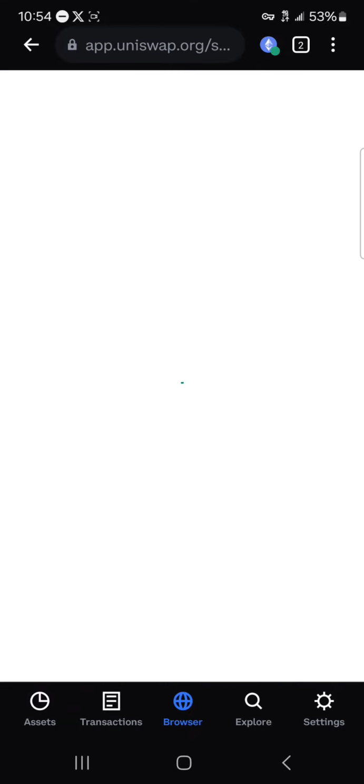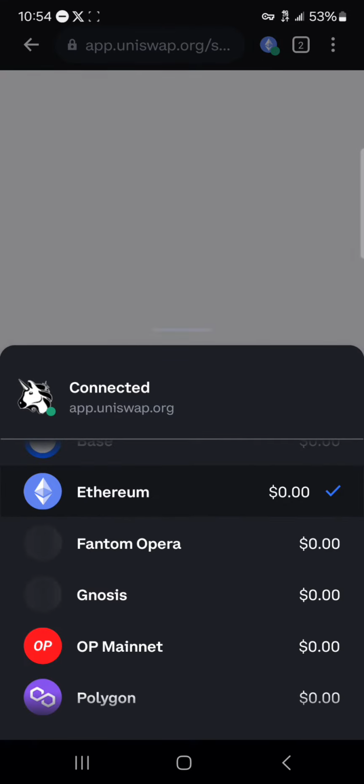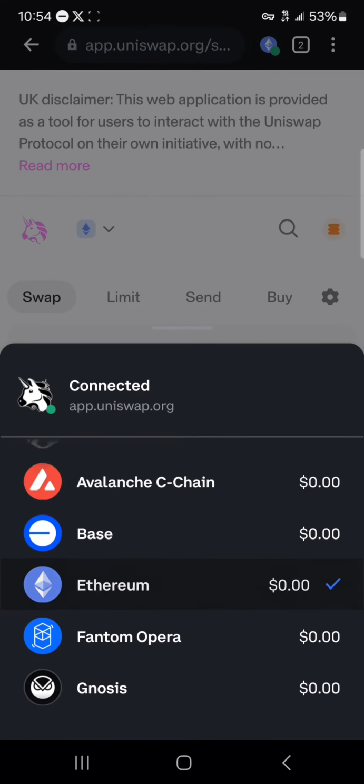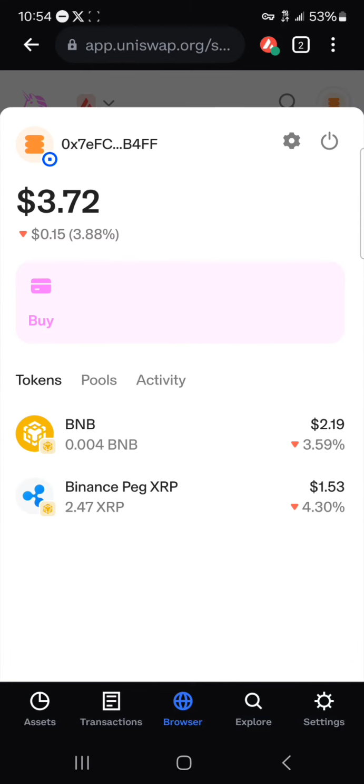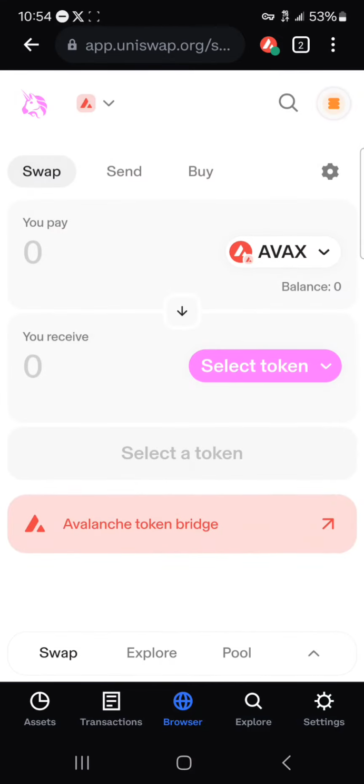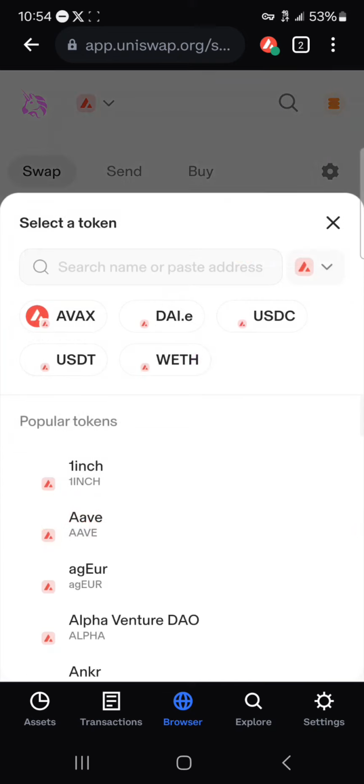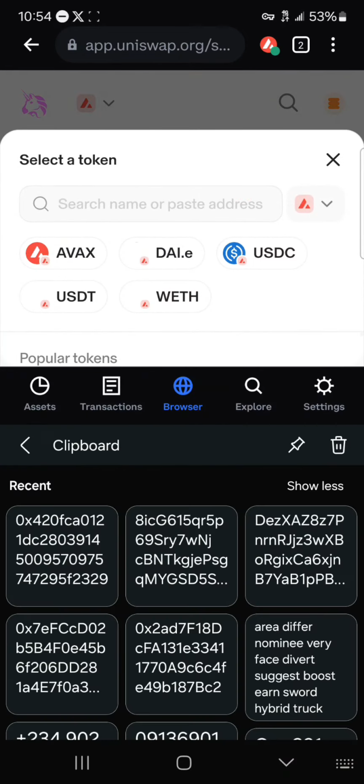So once you've gotten yourself some AVAX tokens on your wallet, simply head over to the browser section, select Uniswap, and where we have the Ethereum icon at the top, click on this Ethereum icon and scroll and select the Avalanche C chain. Once you selected Avalanche, your wallet will be connected automatically, and you could easily click on the select token option, paste the address for the